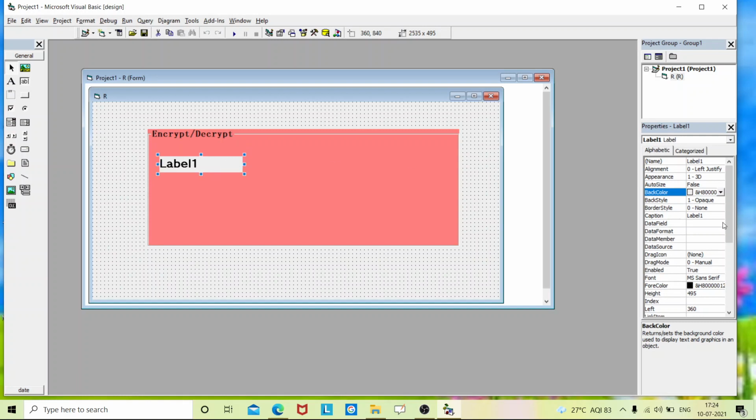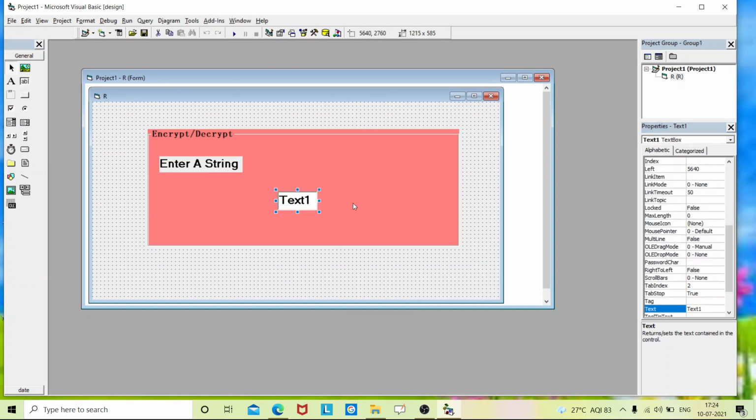Just go to the caption and give it as Enter a string, and a text box to input the value.